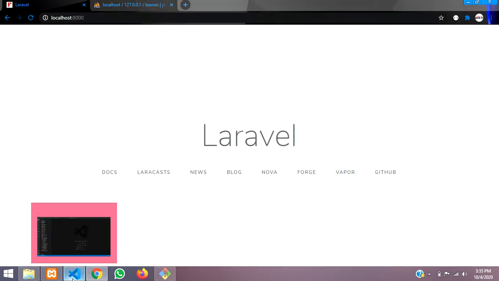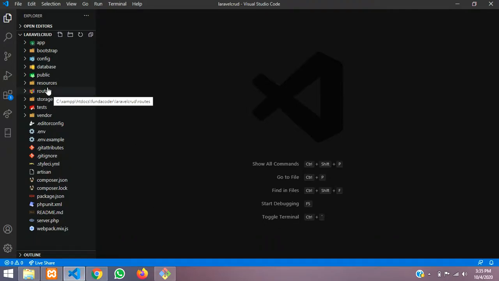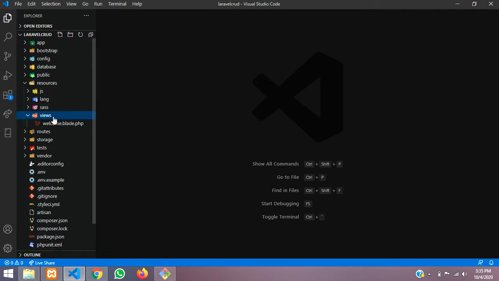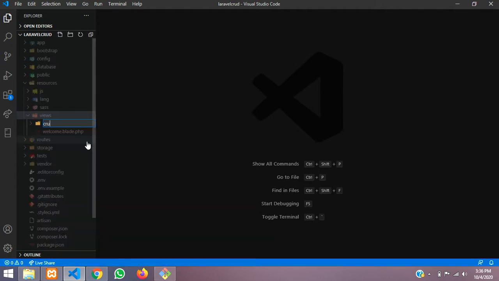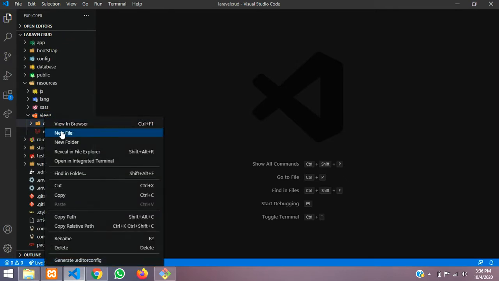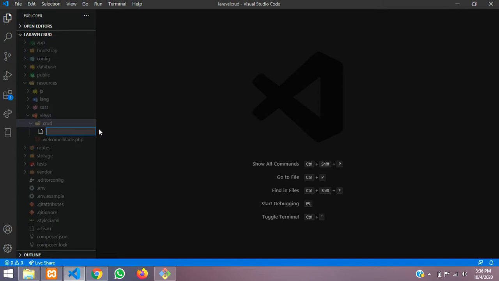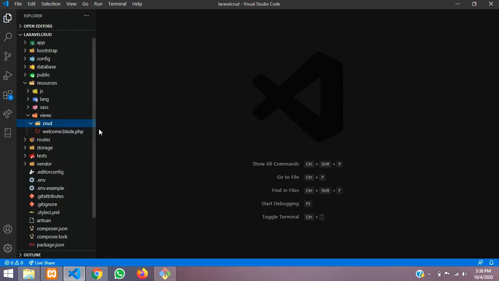So let's get started. First step, we will go to our resources, views. Inside that you can find only one welcome page. Inside that we are going to create a folder called CRUD, and inside that I'm going to create one new file called create.blade.php.